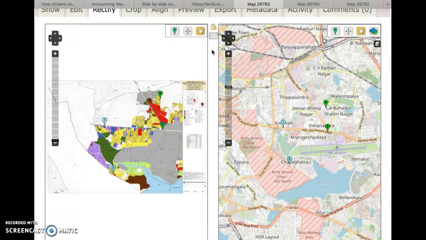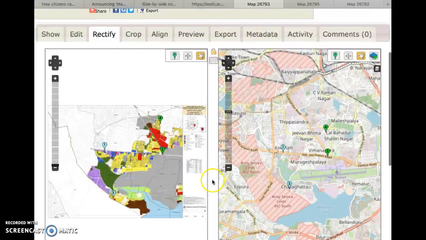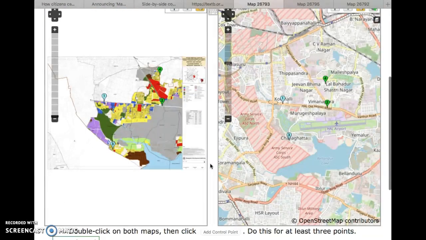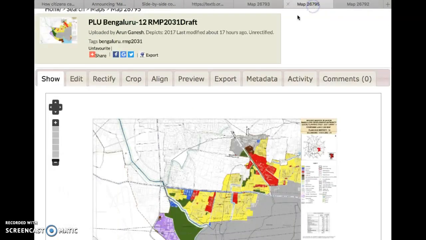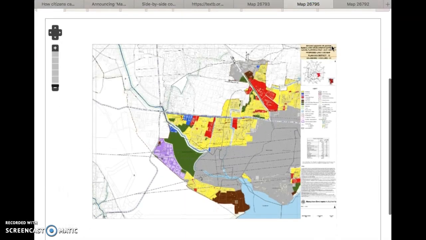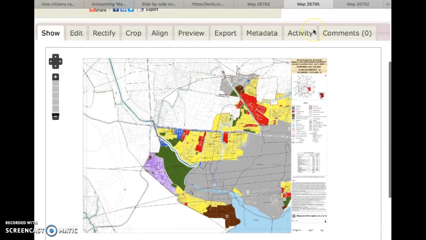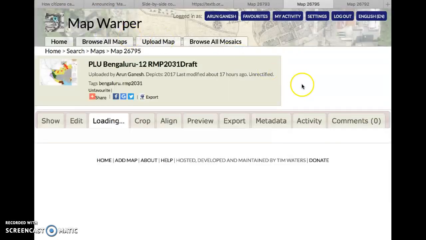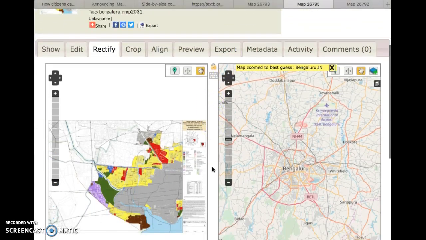So in this case, this is the existing land use map which I've already rectified. So you can see the control points here. I'm going to show you the same process from scratch for the proposed land use map for my area. I've already done the first step, which is uploading the map. So at this point, there is no location information yet for this map. Once it's uploaded, go to the Rectify tab. This is here, and